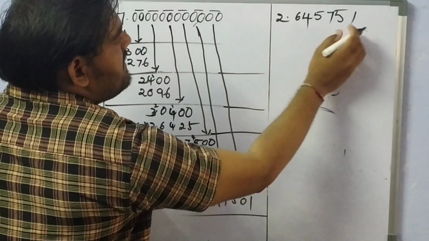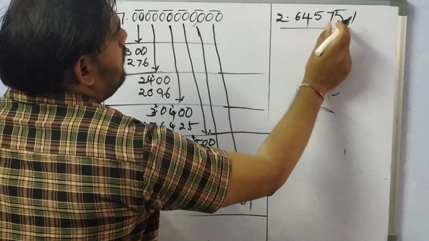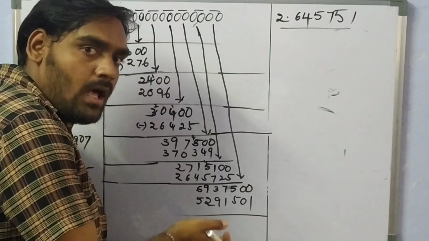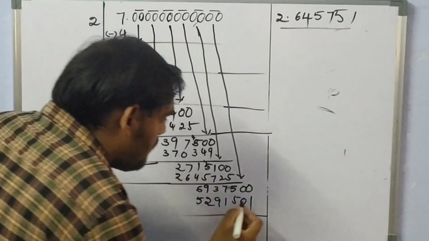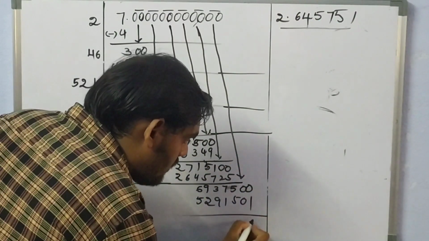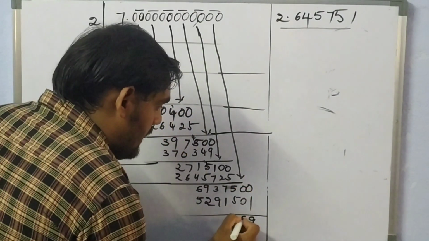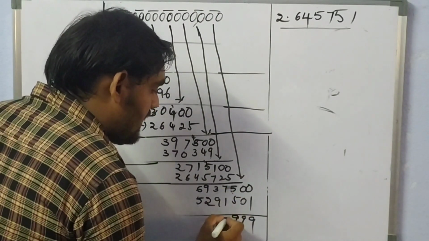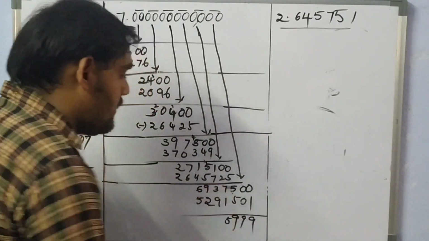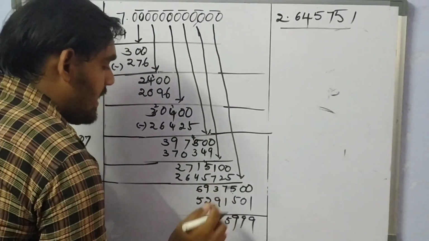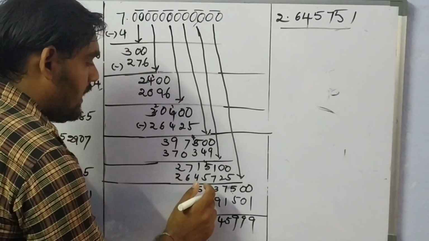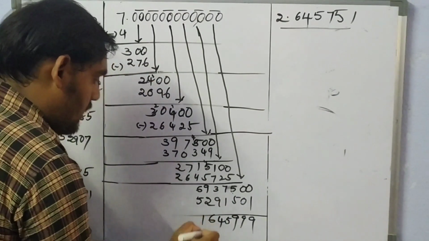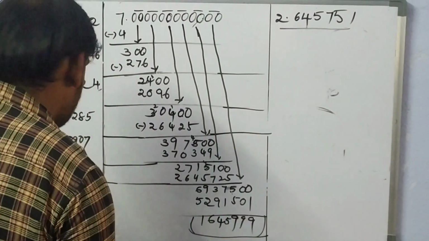see how many decimal digits we got here. 1, 2, 3, 4, 5, 6. Yes, we have completed. Therefore, here we can do subtraction, or else no problem at all. Okay, we will do it. See here, what is the result? 9. Here 14 minus 5, 9. Here 6 minus 1, 5. Here 13 minus 9, 4. Here you will get 8 minus 2, 6. After that 1. This is the final value you will get.